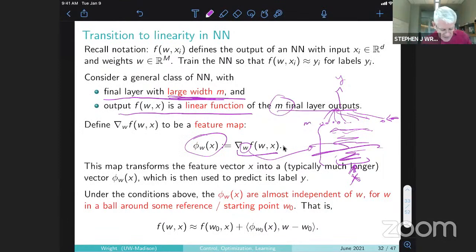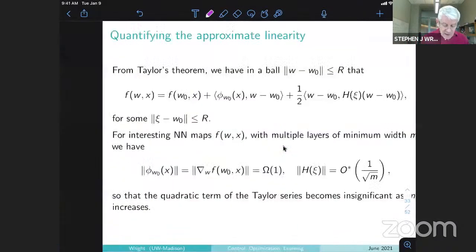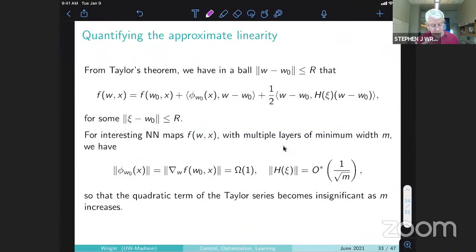And the interesting thing is that under these assumptions, that map is almost linear, okay? The map of W, this map here as a function of W, is almost linear. That's the surprising thing. And so you can think of the problem of training the neural net as basically doing